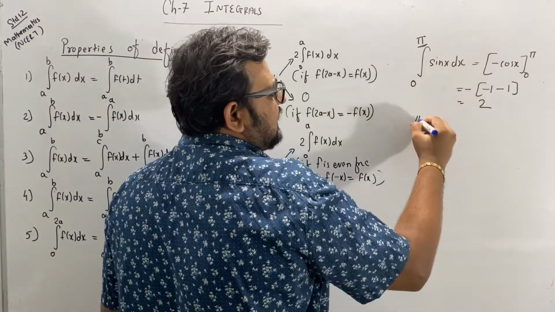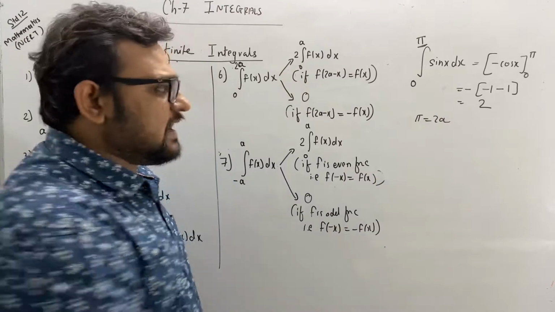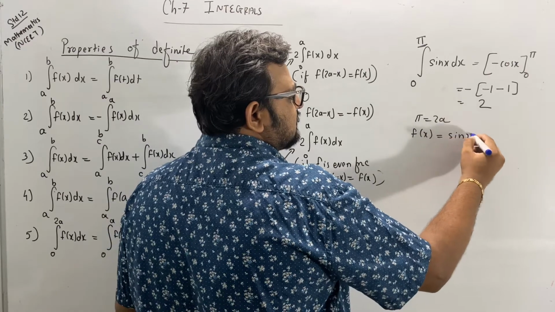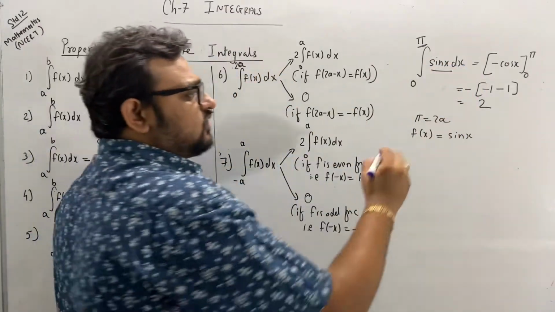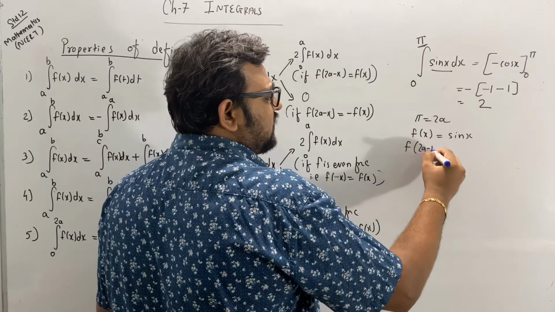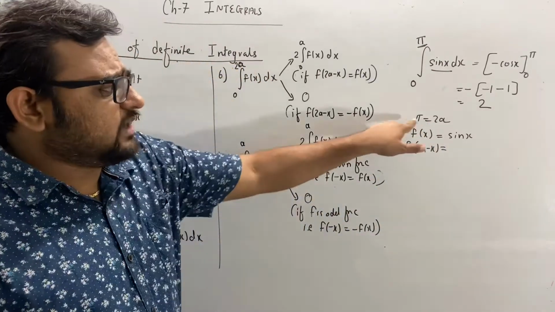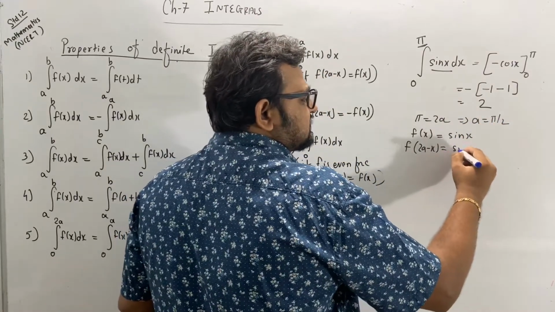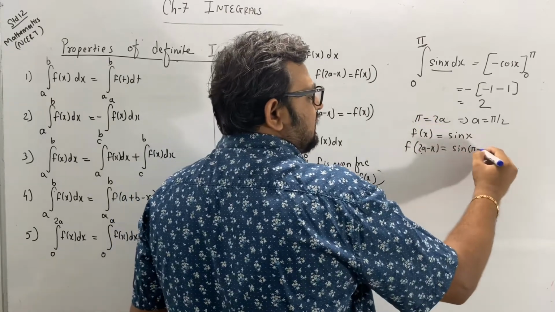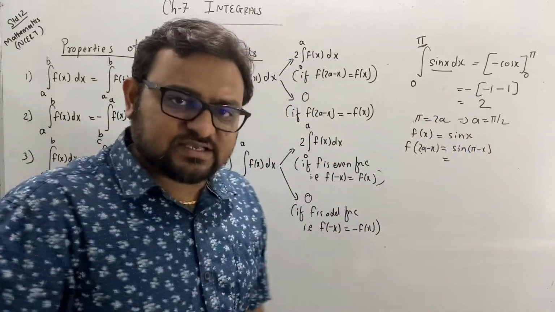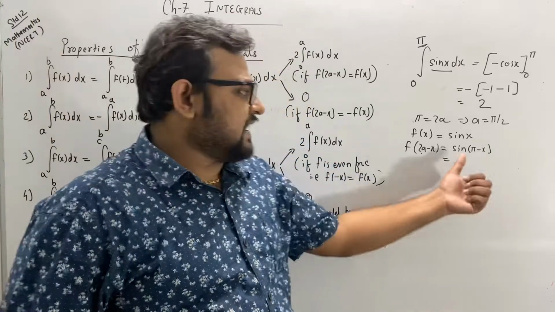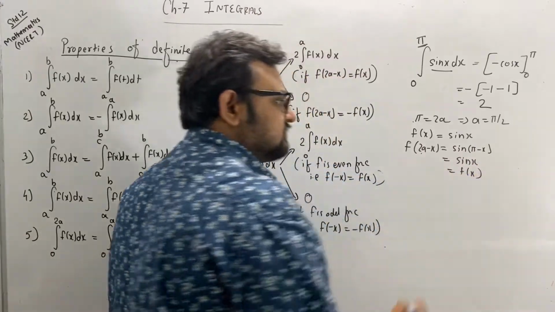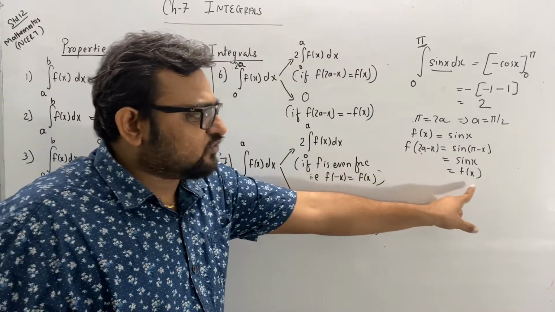So now see here. Taking this pi equal to 2a. Okay, I am taking pi is equal to 2a. So f(x) here is sin x. Clear? Now what is f(2a minus x)? And what is 2a? Pi. And what does this imply? a is equal to pi by 2, right? So this will be sin of (2a minus x), means sin(pi minus x). Okay, sin(pi minus x), second quadrant, pi shift, so it will be sin only, sin x. This is equal to f(x), right? f(2a minus x) is equal to f(x).